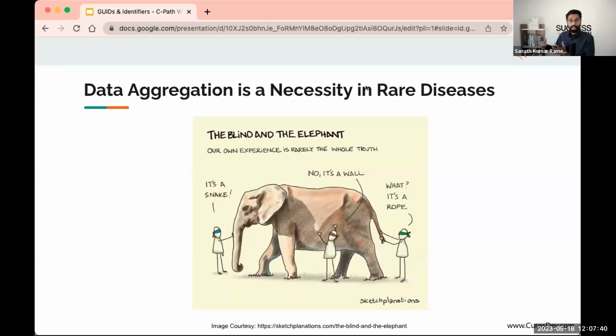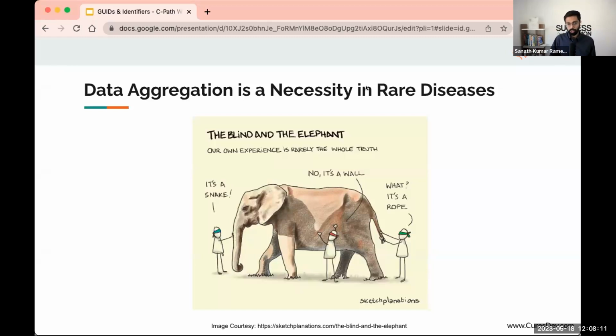But if you look at the natural history database, there would be 15 reported variants of either uncertain significance or likely pathogenic, which might just be a causative for the disease. This is just an example of how different parts of the rare disease elephant give you different inferences. And we have to put everything together, aggregate the data to actually have a holistic view of the rare disease landscape. And that is critical for us to unlock treatments for all of the rare disease patients suffering today.